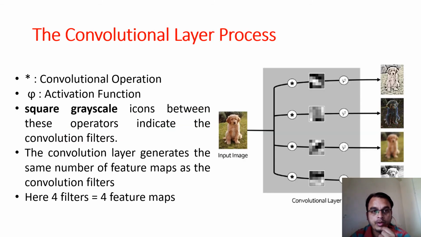Now, the convolutional layer process. We have an input image and some separate kernels. Here another term comes in: the kernel. What is a kernel? Kernels are nothing but the features. Let's say I want to detect edges; edges will be one of my features. I want to detect a 45-degree line; this is my second feature. I want to detect only a spot or square; the square will be my third feature.